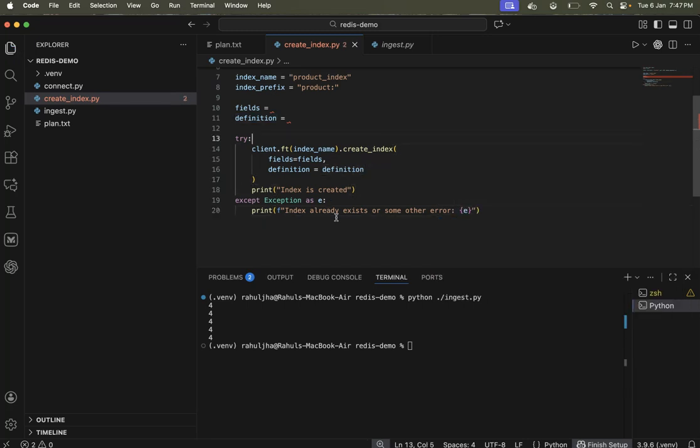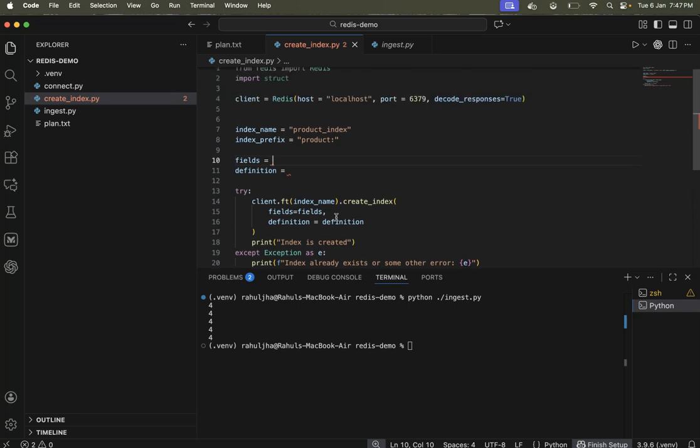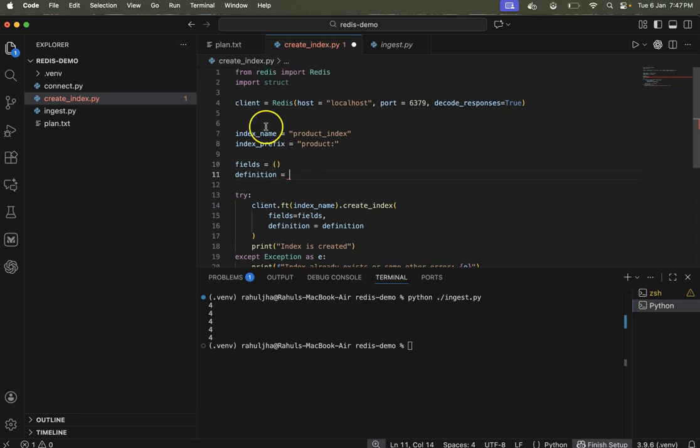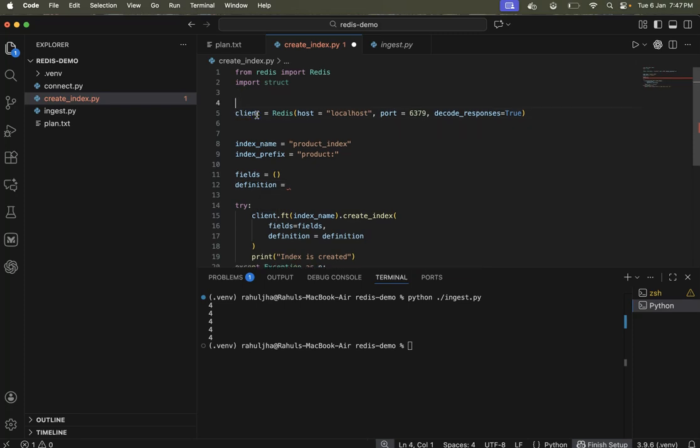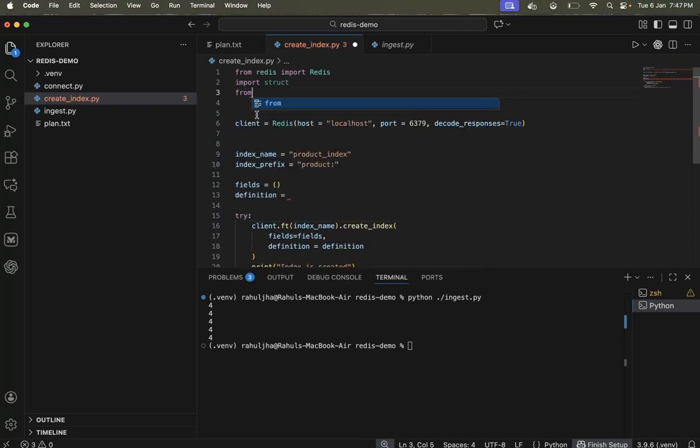Okay, so let's define the fields first. Fields will be a tuple, a tuple on which I want to create an index. Definition will be a type. So I need to import some classes here. I will import from redis.commands.search